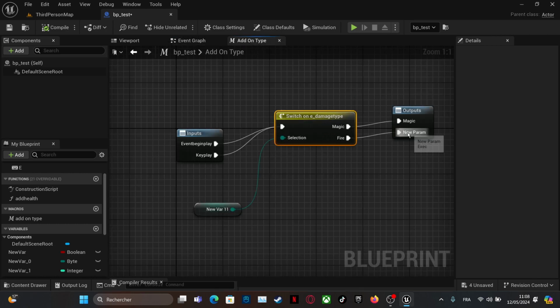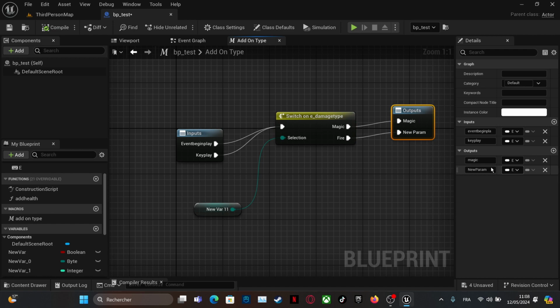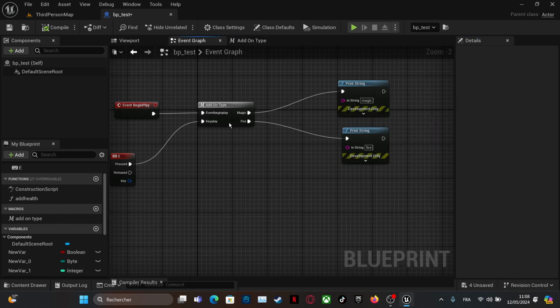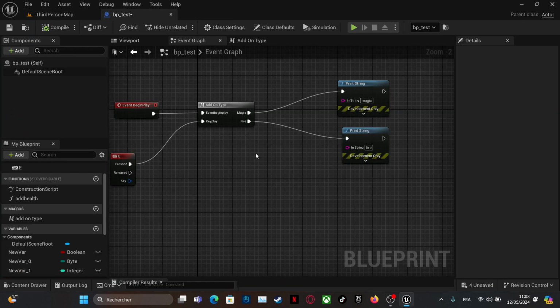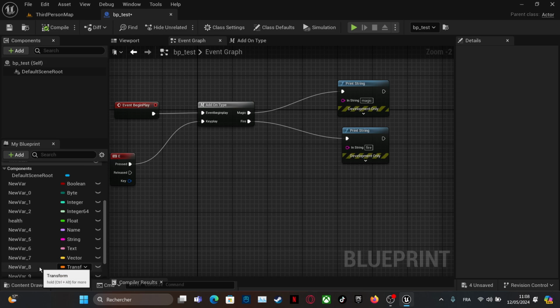Okay, here the output, we didn't name it fire. So you can see it is the same as a function, but you can change the execution. You can execute here fire, and if we change our enum, it will show magic because our enum here is fire by default.